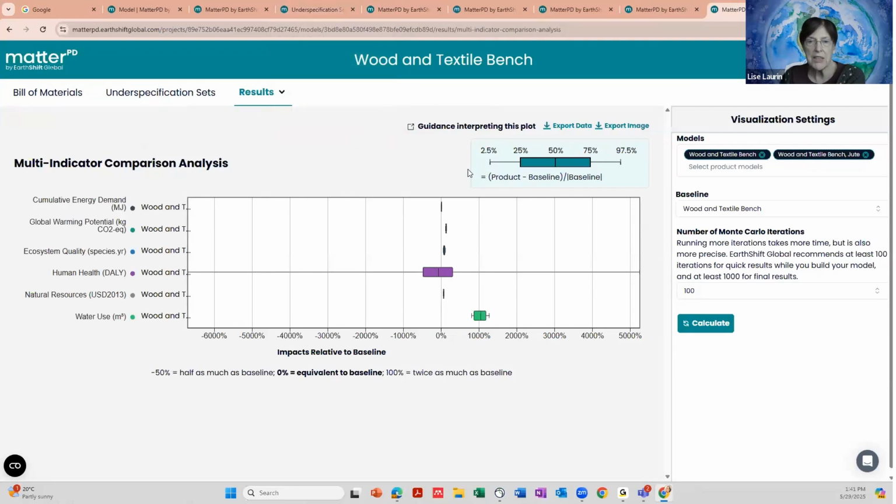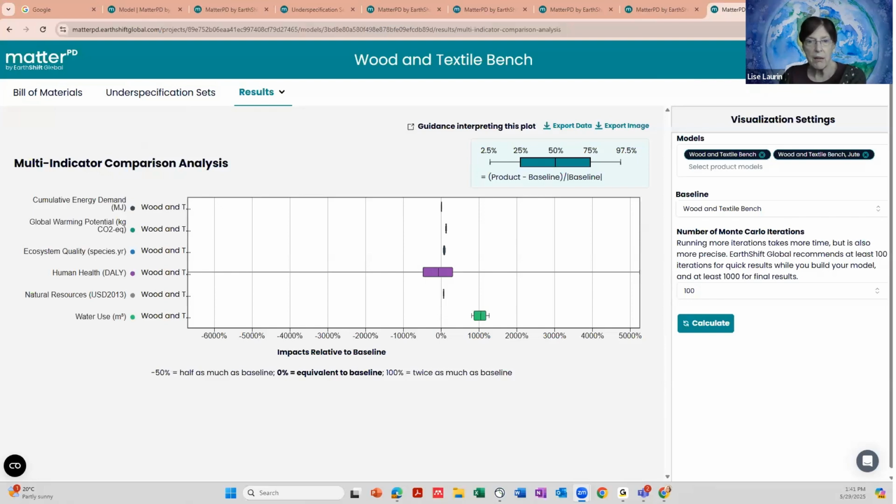And so you can see that it's not confident for the human health, in fact it goes across zero, and in some cases the cotton is better, in some cases the jute is better.